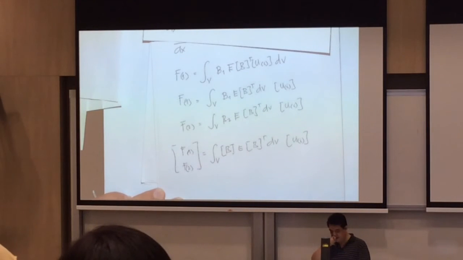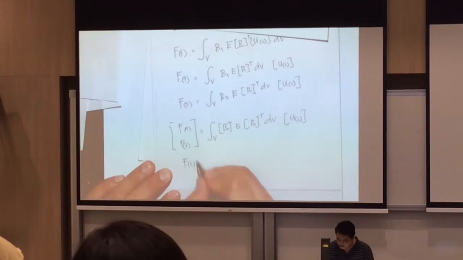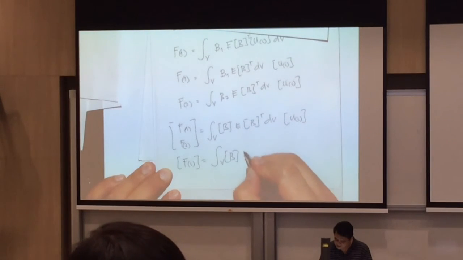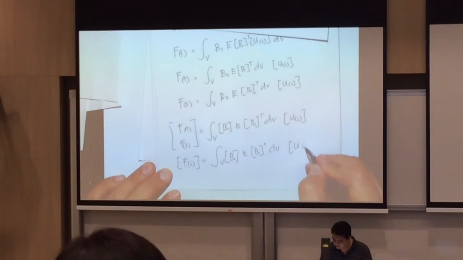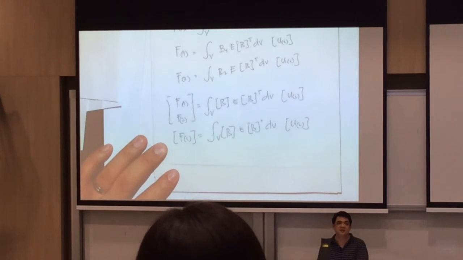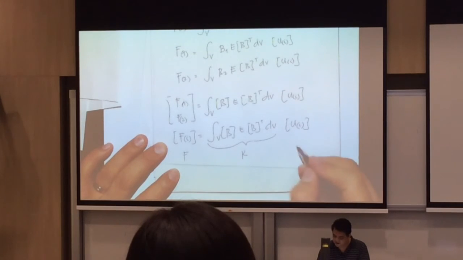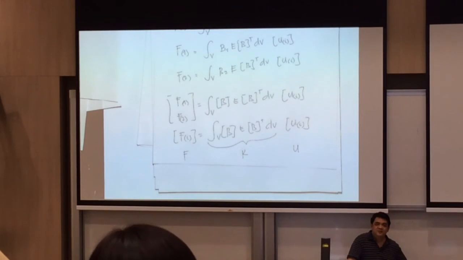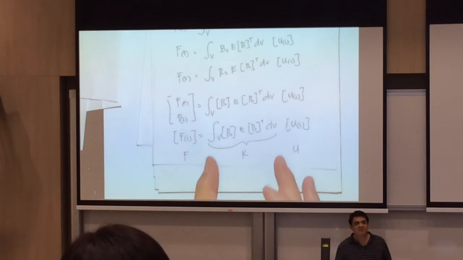So what will happen here is that you have Fi equal to the integral of this one, B E. Yes? So this is your F. That is your K. And this one will be your U. So we're not finished yet. We want to get the symbolic value for